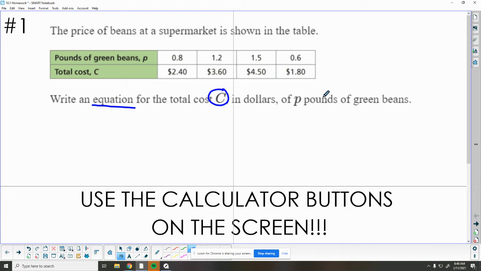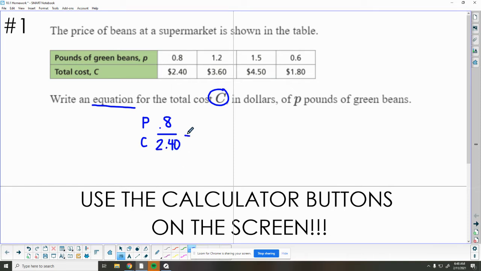So per pound. My first step would be to find the unit rate. I can take any of these ratios here and set it up. I'm going to put pounds on top and the cost on the bottom. Again, it won't matter which one you do. I'm just setting it up like my graph already is. I'm going to take this first one here and say when I have 0.8 of a pound, that cost me